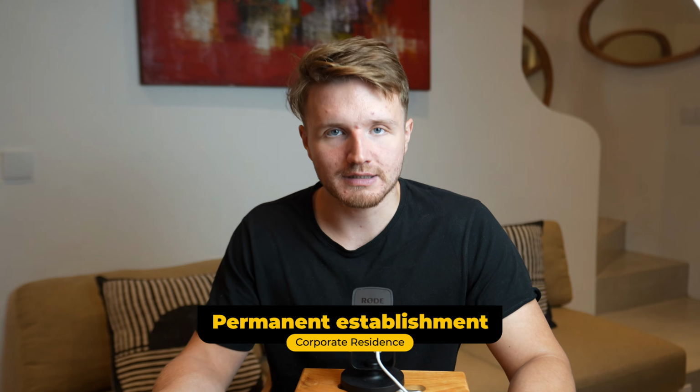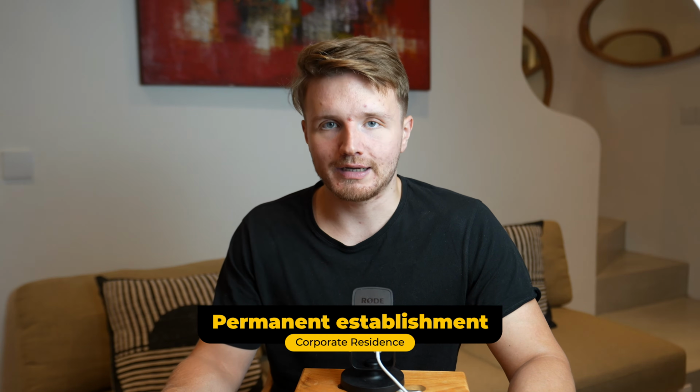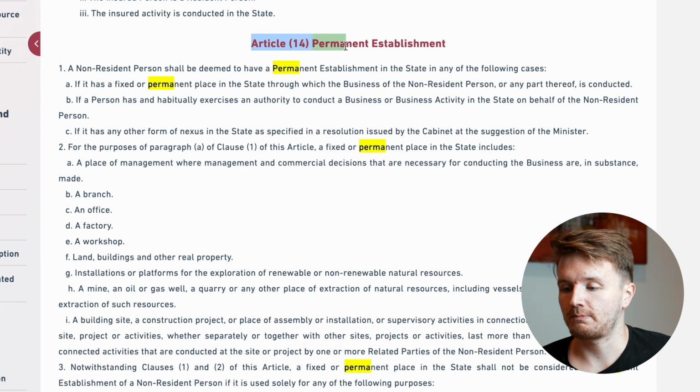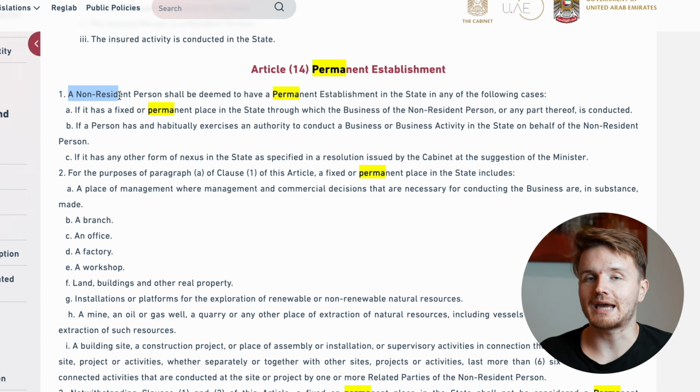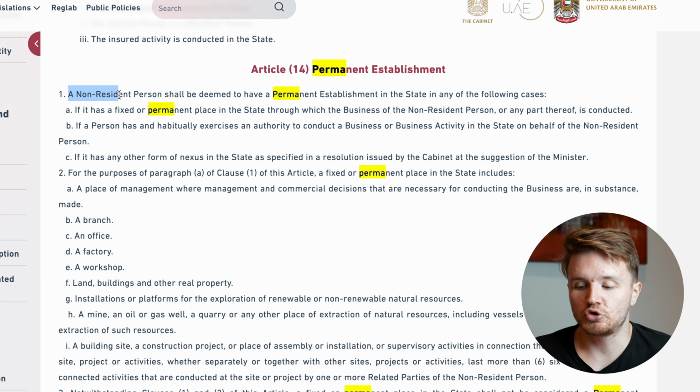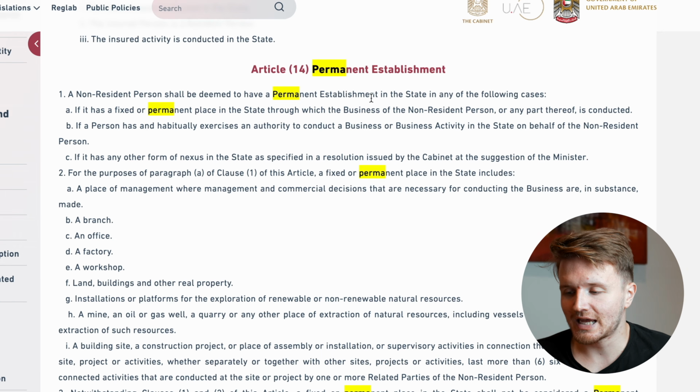The second important concept in corporate residence is something called permanent establishment. So we can look at the UAE law again here, just as an example of how they define what a permanent establishment is, which is largely similar to how other countries define it, but it might be different based on your country. So you want to look at the specific laws of your country. We can see here Article 14, permanent establishment. So a non-resident person, so this is a company that is not deemed to be tax resident in the UAE. So perhaps you don't have management and control in the UAE. They will be deemed to have a permanent establishment in the state in the following cases: if it has a